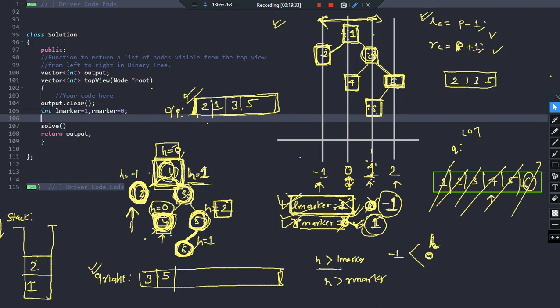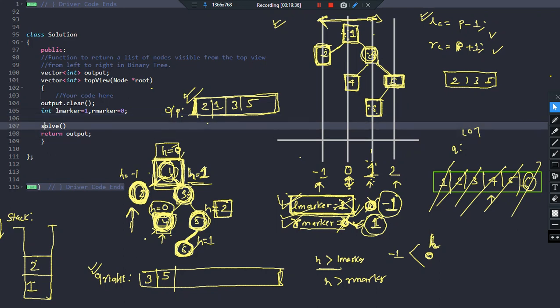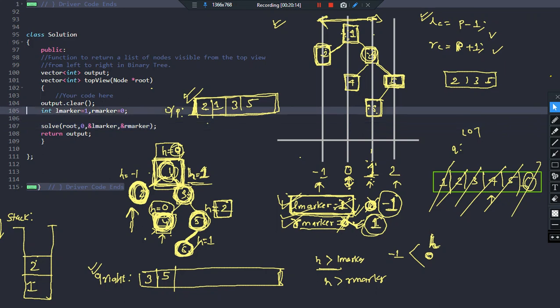Done. And what we are going to do is we are going to call the function solve, and I'll pass the root node. The root node means the very top node of the tree, comma, I'm going to pass the height, in the sense h value. What will be the h value of this node? The h value of this node I am assuming to be 0, so I will pass 0, comma, the address of my left marker, comma the address of the right marker, R marker. Done. So you can clearly see the left marker, right marker, the h value and the root. So root, h value, left marker, R marker. These things are passed initially to the function solve.